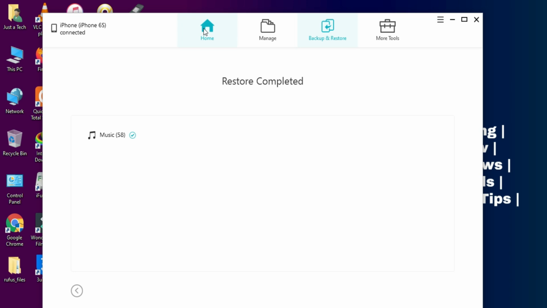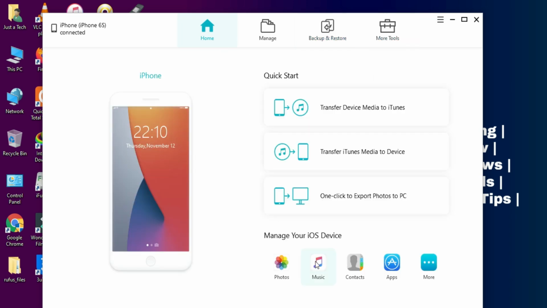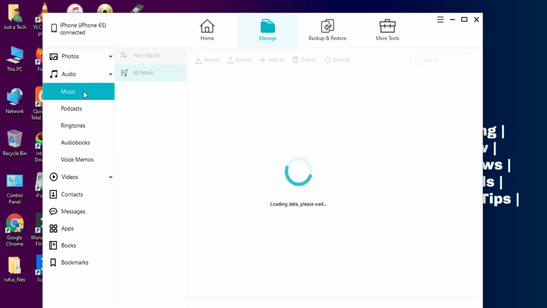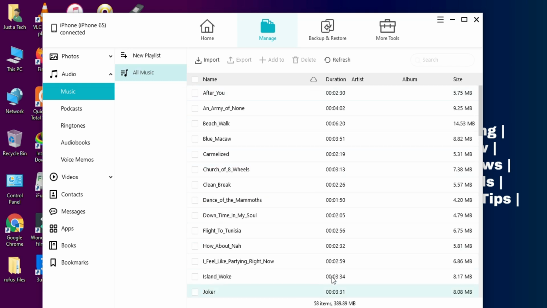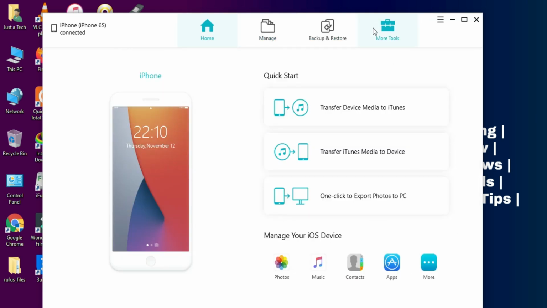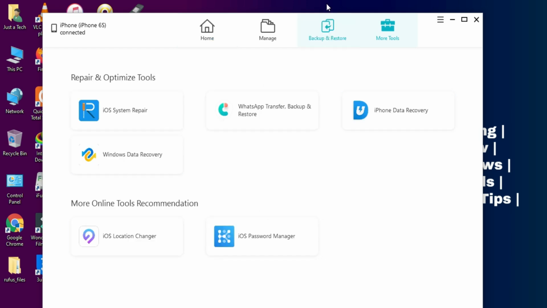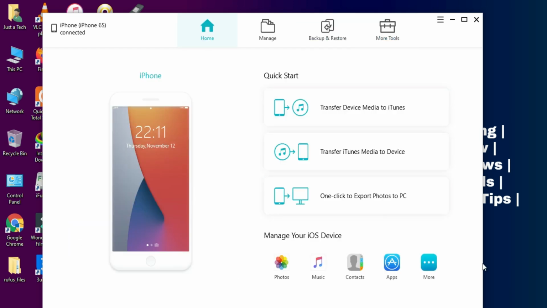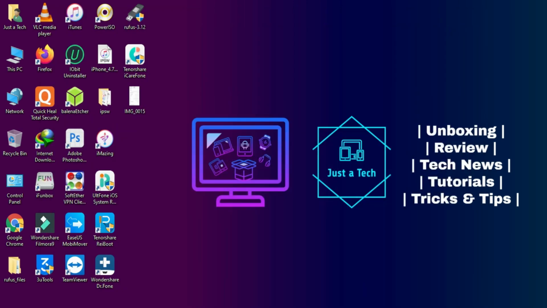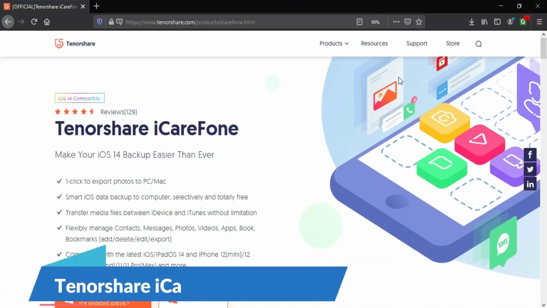Now you can see it's so easy to back up and restore all your device data from one device to another, and you can back up all your device data like photos, videos and other files like this also. You can use this software, and it is easier and more convenient as compared to iTunes, because this tool gives you a category-wise option to select only the particular files and restore them to the new phone. So you can try this tool.